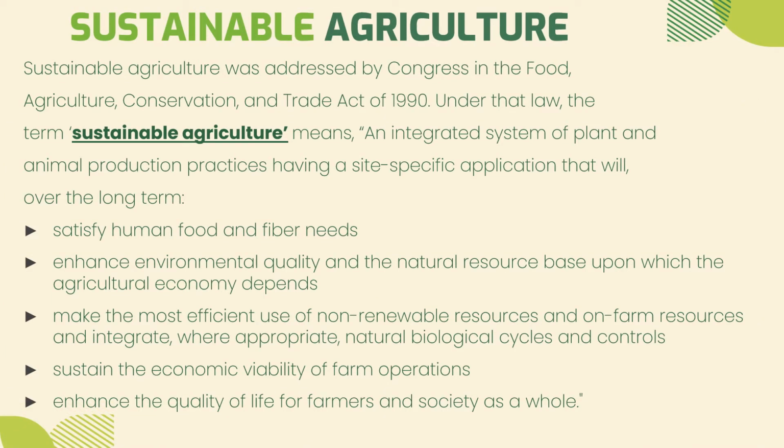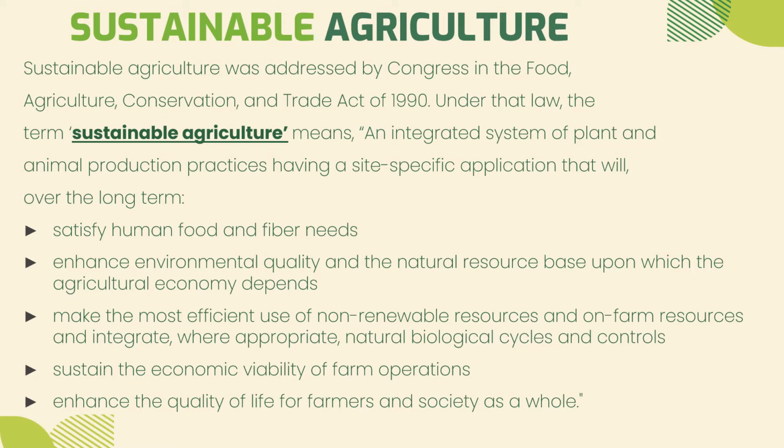We've seen the introduction. Let's see the definition of sustainable agriculture. Sustainable agriculture was addressed by Congress in the Food, Agriculture, Conservation and Trade Act of 1990. Under that law, the term sustainable agriculture means an integrated system of plant and animal production practices having a site-specific application that will over the long term, number one, satisfy human food and fiber needs,